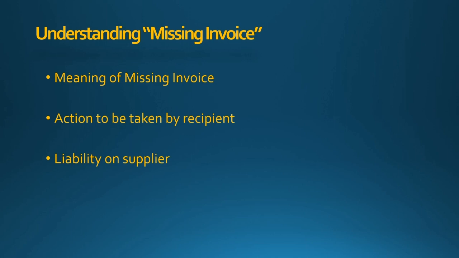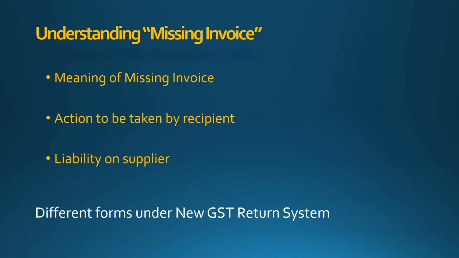While discussing missing invoice, we are going to deal with three forms. First, form GST Annex 1. In this form, details of outward supplies, import and inward supplies attracting reverse charge are uploaded by the supplier. Second, form GST Annex 2. It is for furnishing details of inward supply. Third, form GST RET1. It is the main return which is to be filed under the new GST return, and most of the details in this return will be auto-populated from form GST Annex 1 and Annex 2 of the registered person. It can be filed on a monthly or quarterly basis depending on the turnover.